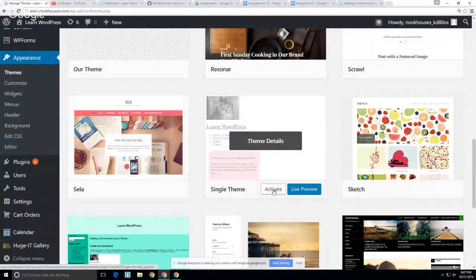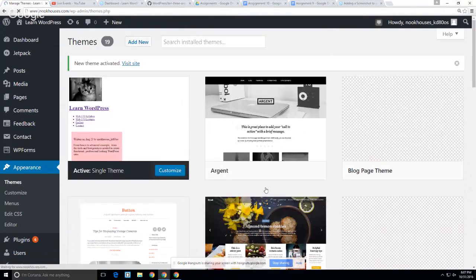When you make a theme, do other people have access to it? Well, like these themes that we have access to, if they have to obtain the theme, you can put it through the WordPress theme exchange site, or you can just email it. But they have to have access to the files. It's not magically going to appear. Remember when we first installed and set up WordPress, it only has a couple of default themes. You had to add additional ones, right? And you can add them through the WordPress marketplace, or you can upload them through FTP, since those are our own. So here I just activated the single theme,